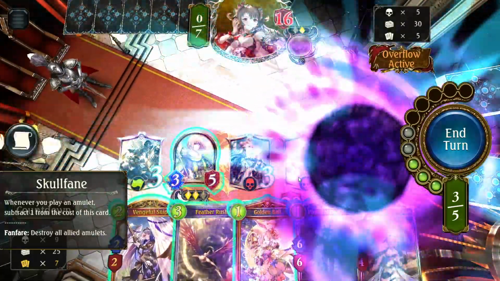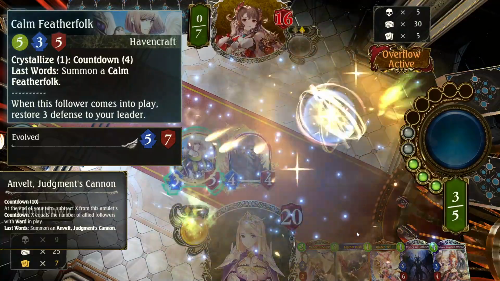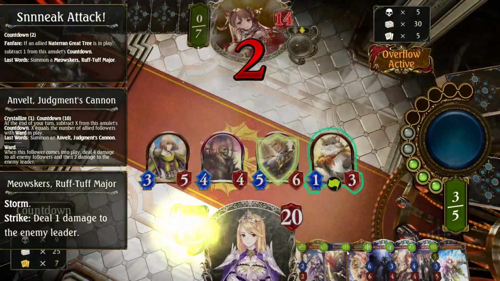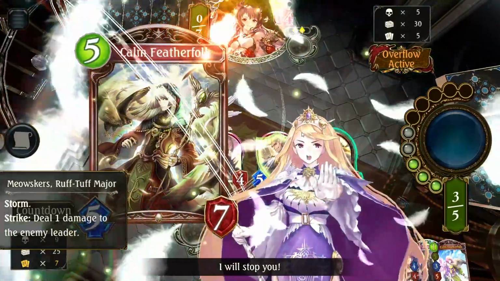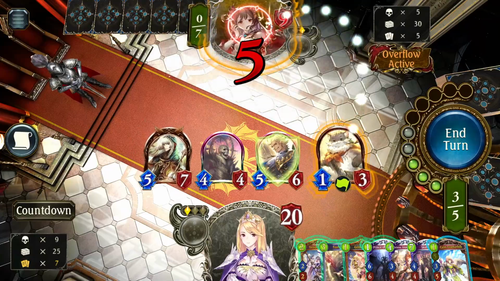Skillfane. 弱者の叫びに鉄火で報いる。 止めてみせます。耐えた祈りは諦めずに。